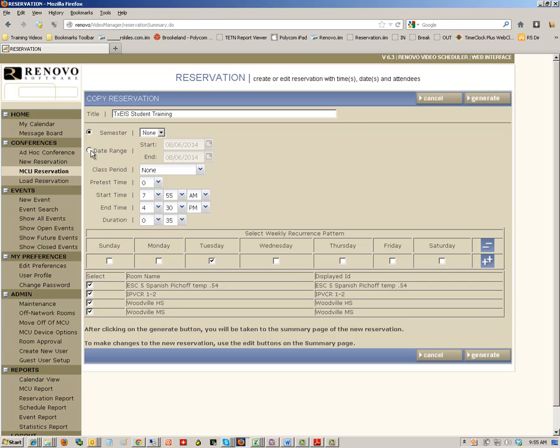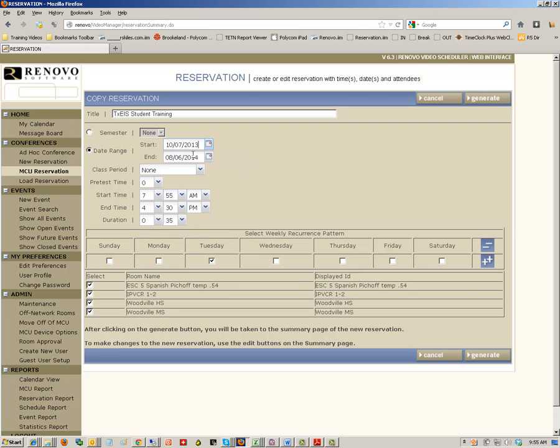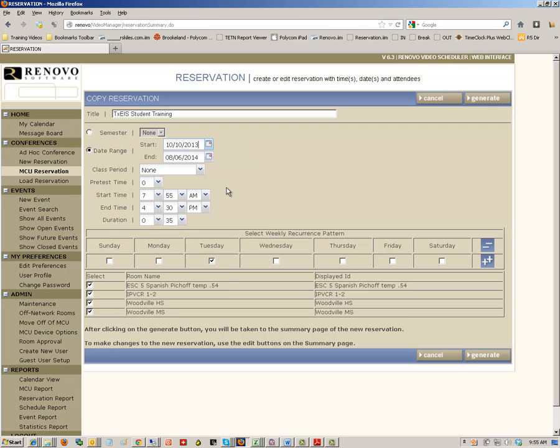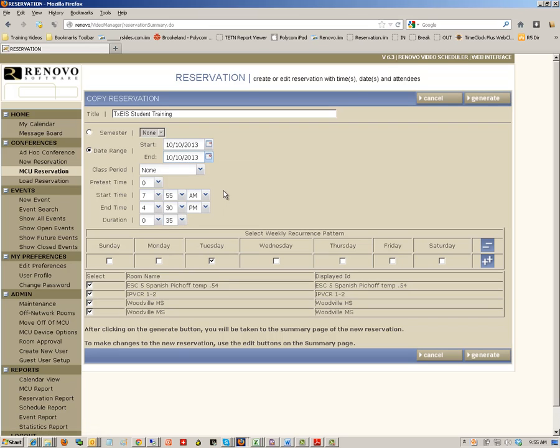So let me set the date range, and the easiest way for me to do the date is to click on the calendar, hit today, and if it's a future date like the 10th, then change it to the 10th and do the same thing for the second panel. Now if it's multiple days, you can actually change that, say, to the 12th. So if you're going to have it running